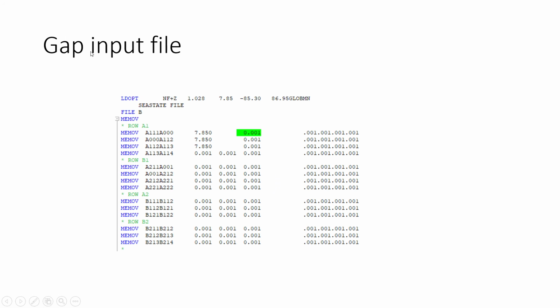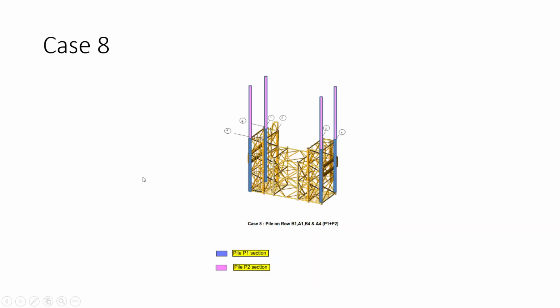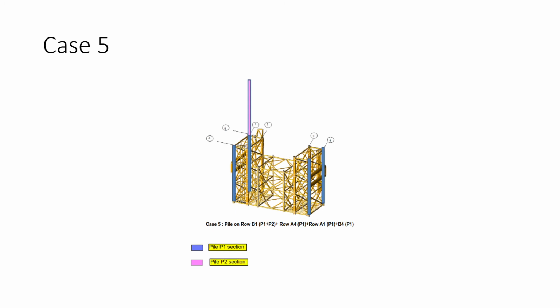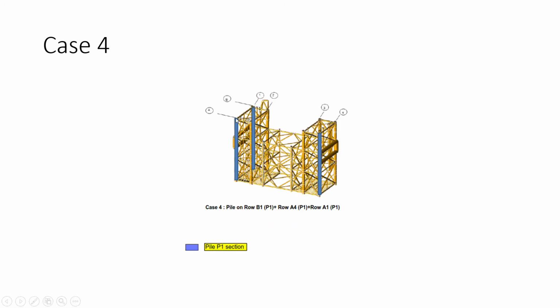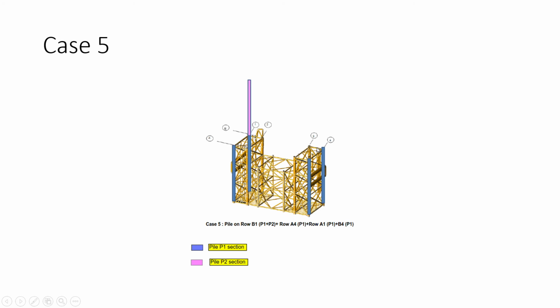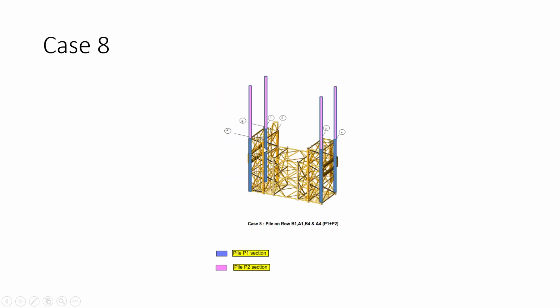So now we are going to the GAP input file here. What is happening here is row A1. This is the input file that you have to run for the on-bottom analysis. For each and every case, I have shown 8 cases here, and for the 8 cases you have to run. Sometimes you can model the entire file here, all 8 piles 1 2 3 4 5 6 7 8, by making one joint, and the 8 piles you can give as a separate group. There is nothing wrong in it.